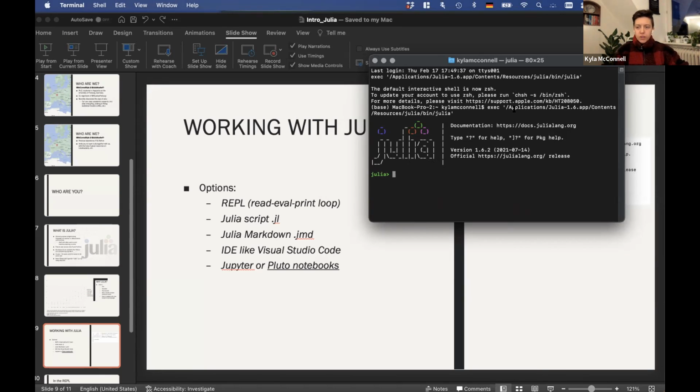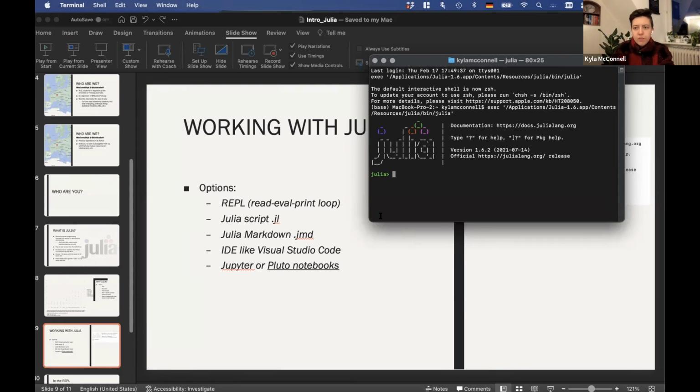If you work with Julia with other people, you may see the form of a Julia script, which is generally a file that ends in .jl. There are Julia Markdown files, which combine text with blocks of Julia code. Those would be .jmd files. And there are different IDEs, which stands for integrated development environments, that you can work with it in. That would be something that gives you a few more benefits. They might be able to help you debug, or you might be able to test parts of your code, or might give you some help with syntax. So we'll show you one of those briefly.